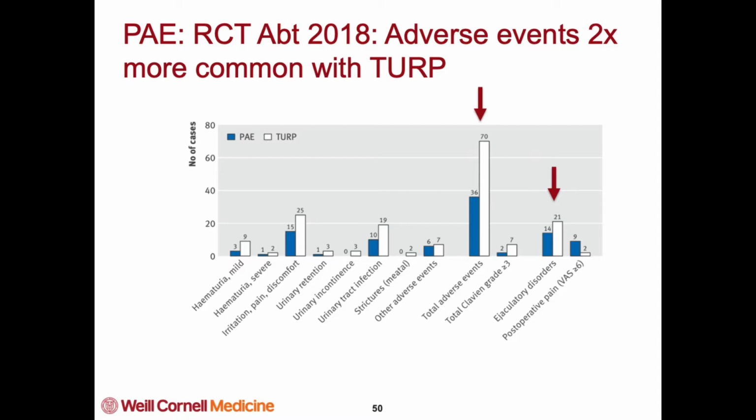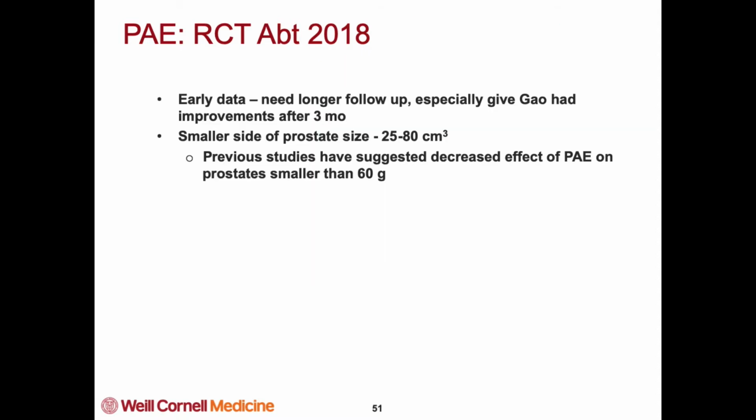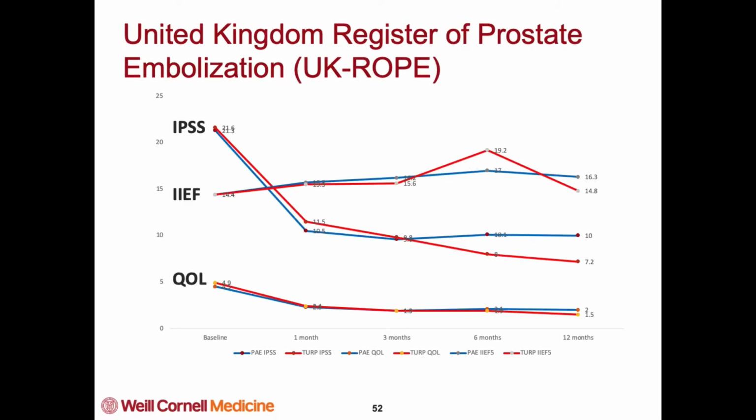So the next study is the ROPE study, which addresses that, because the APT study was a single group. The ROPE study looked at the United Kingdom, and they had a registry of multiple centers. I think this is more realistic of what you'd see in the real world, because it's real world operators with limited experience. And what they found was that the improvement that you see with PAE was not as drastic as what you'd see with